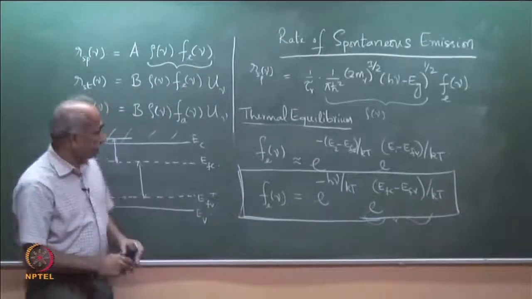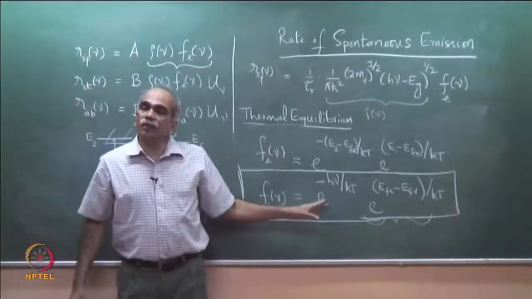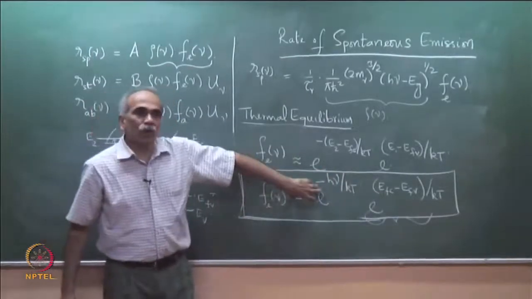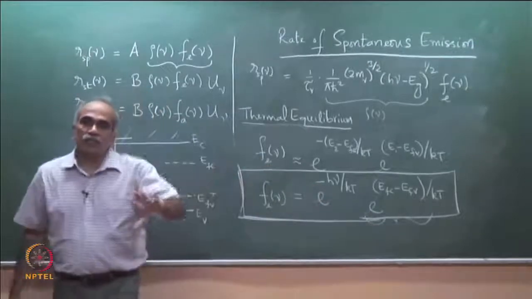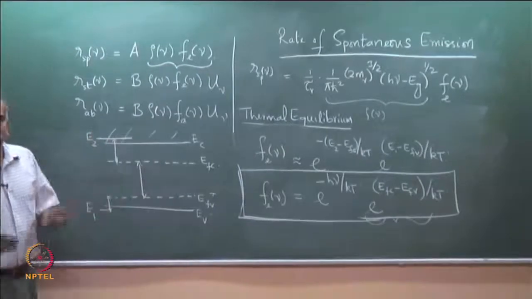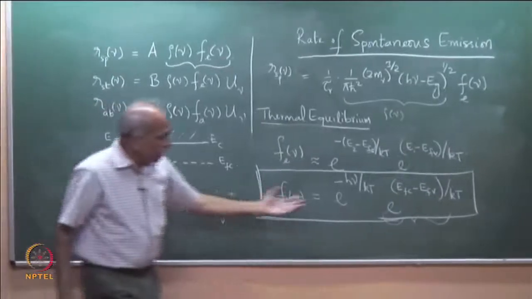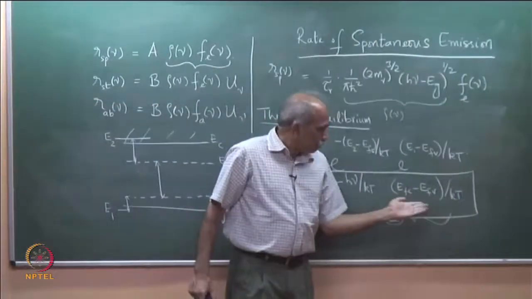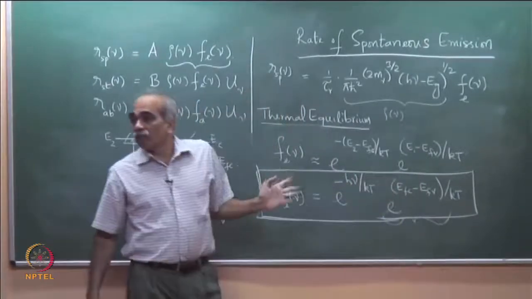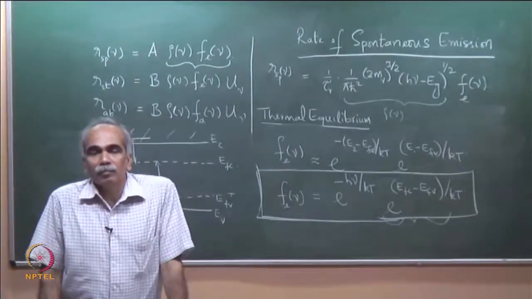A semiconductor in thermal equilibrium had Fe of nu approximately equal to e to the power minus h nu by kT, which means the probability was very small. By pushing the semiconductor into quasi equilibrium, maybe by injection of carriers, maybe by illumination, different means, you have an additional factor which is also a very large factor. In other words, you can change the probability of emission by orders of magnitude. We will see this implication later.